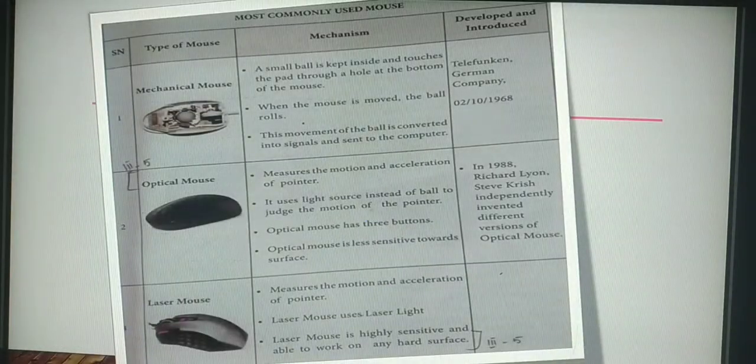It is the mouse. Just now we finished it for your section C, the 5th question. That is your mechanical mouse, optical mouse, and the next one, it is your laser mouse. We have already discussed the optical mouse and laser mouse under the 3 mark question. So the above you are having mechanical mouse, along with the diagram. Go through this for your extra question. Mechanical mouse can be for your extra question.